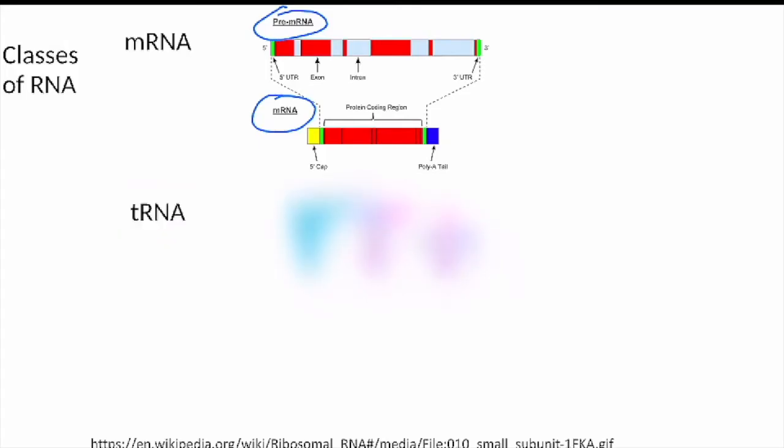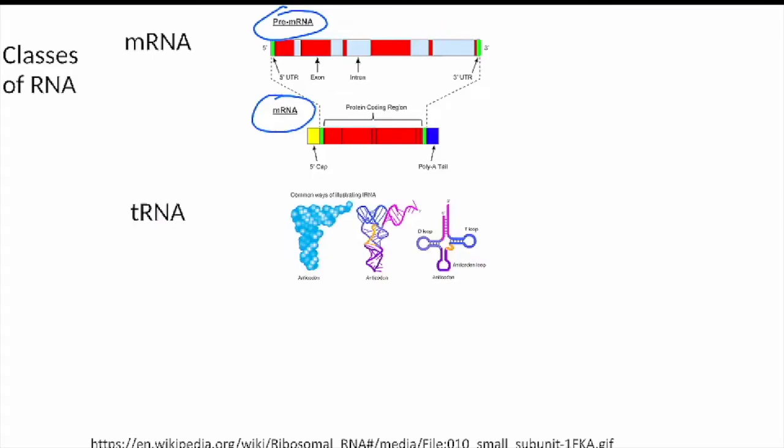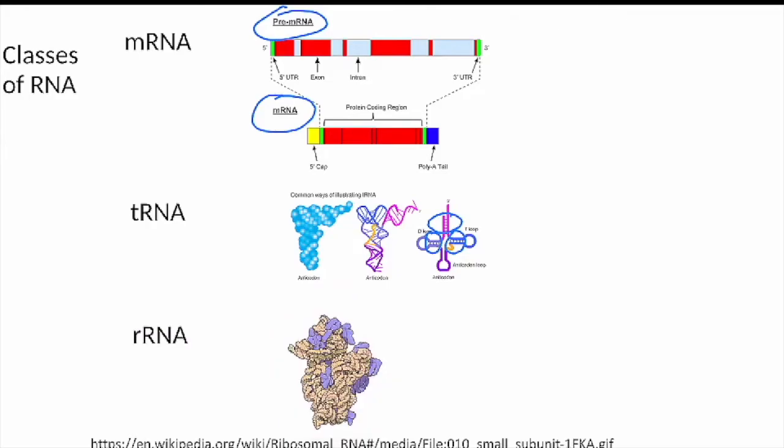Next, tRNA, this is transfer RNA. So tRNA is critical to translation, and we will talk about tRNA more when we talk about translation. I'll point out that this image is showing that folding, how we have a single strand of RNA, and then it's folded back on itself to where there are places where it's base pairing with itself. So there are places where that tRNA is double-stranded. Then rRNA,